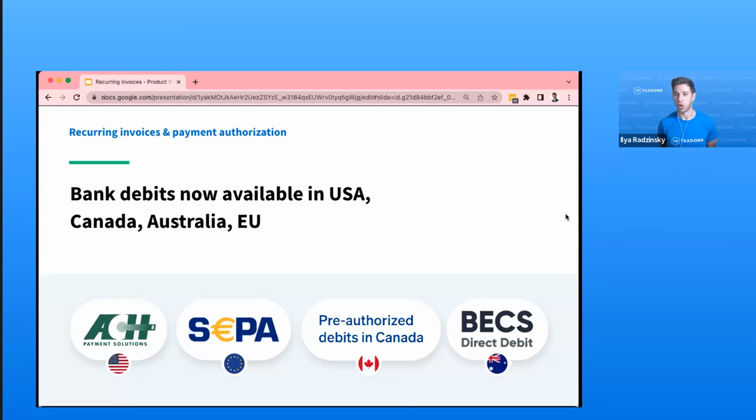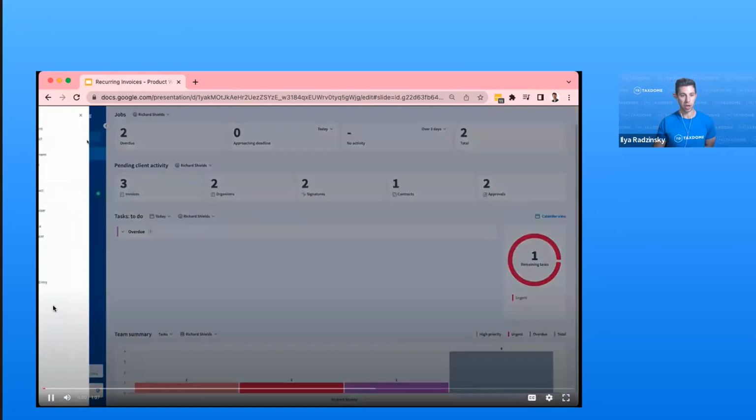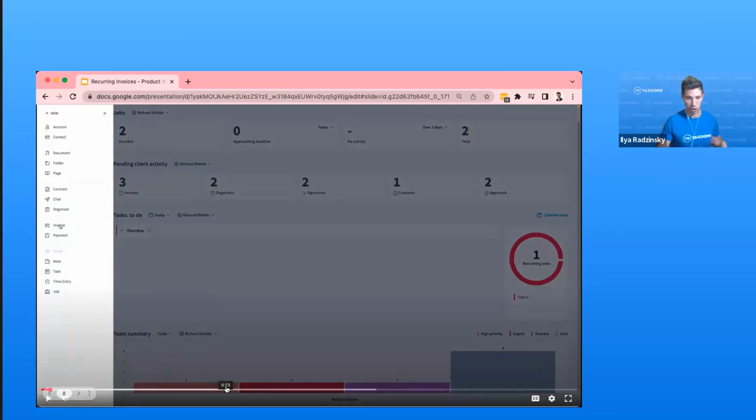Okay, so you can automatically get paid to your bank account from the client's bank account through TaxDome utilizing Stripe. So let's do a quick video, and I'm going to narrate it a bit so you can understand what's happening and how to create a recurring invoice. Once you create an invoice,